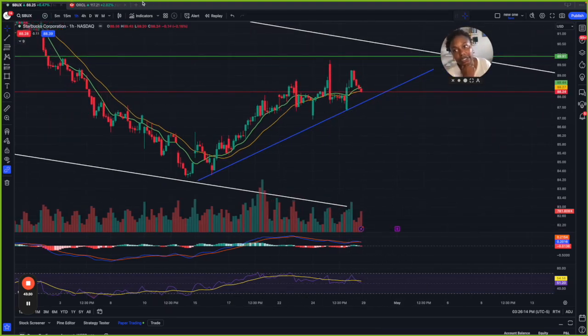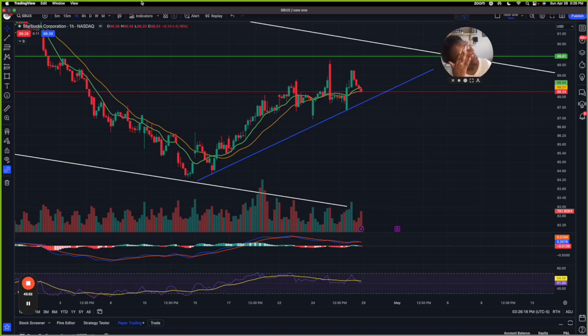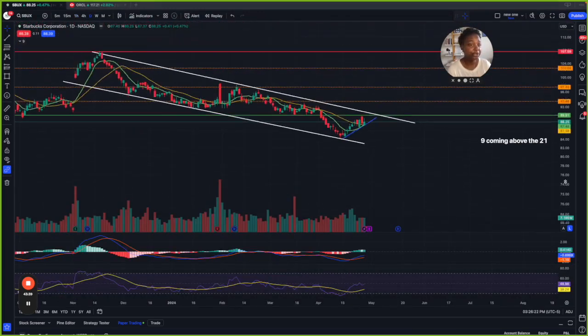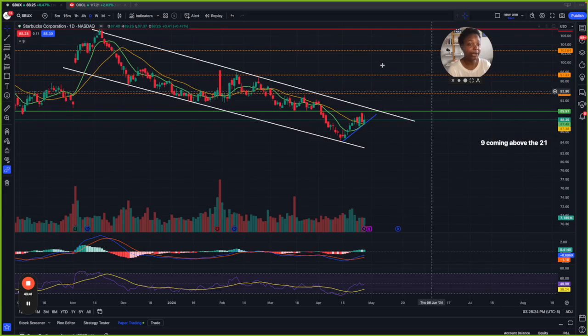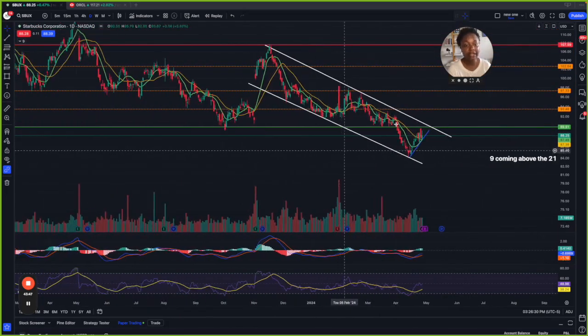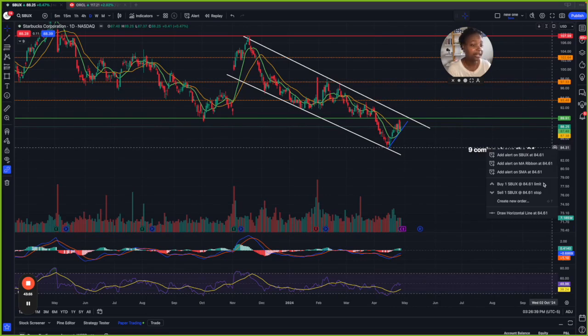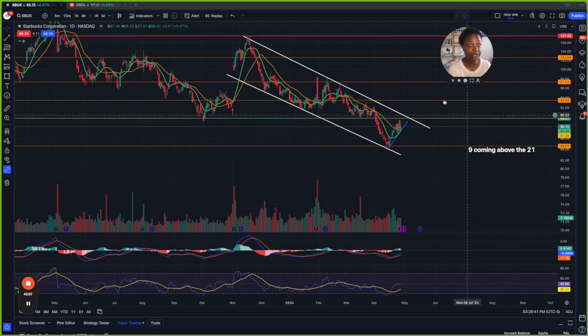However, just wait until after earnings reports, okay? The chart will look totally different because it could break either way. It could shoot up and we come back and it's already up here at 97. It could come back down here to the support trend line. And then we need to analyze it again, right? Wait until after earnings. That is the best piece of advice that I can and will give you, all right?